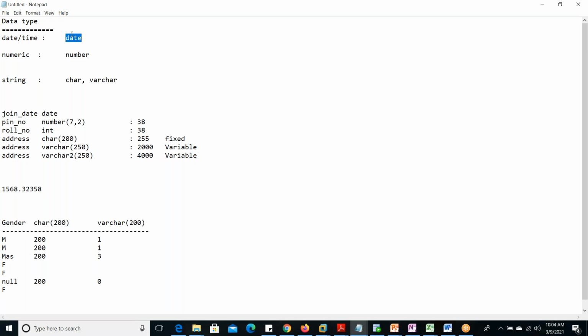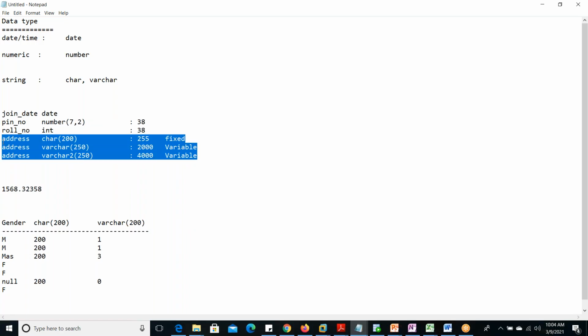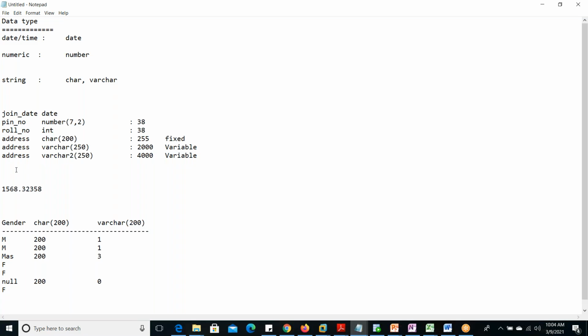Date is very simple, nobody will ask you. Number has a little bit of complexity, here only some confusion. Does this length include decimal values or exclude them? There only many confusions are there, many people make mistakes. But in character related, a lot of concepts are available. Okay, so this is character related data type.